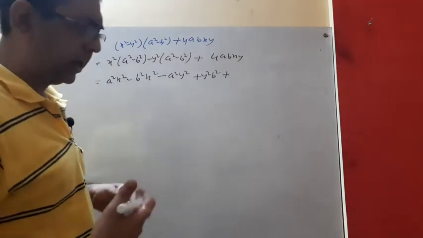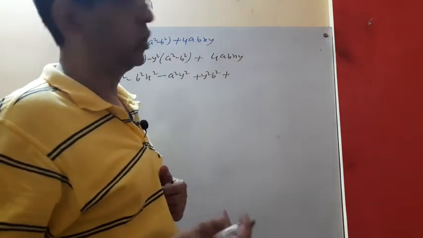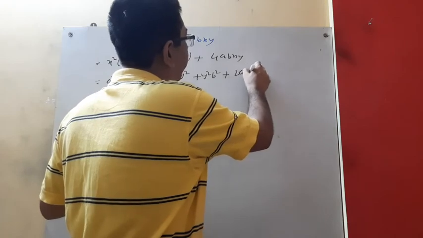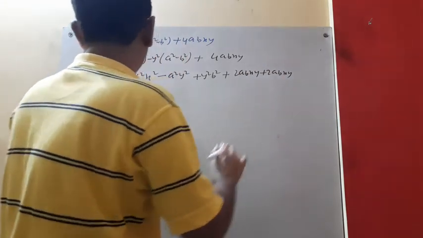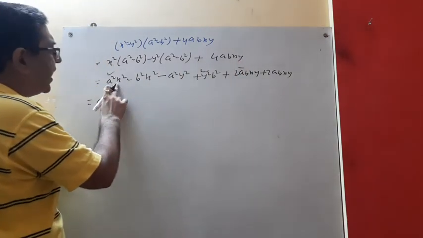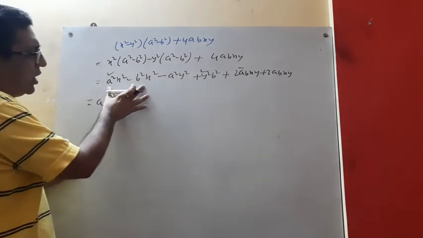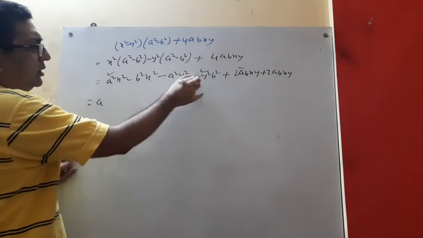Maybe it may come to some formula of square or cube. Okay, we can write 2abxy plus 2abxy. We can write 4abxy in this way. Now what will I write? This one, and this one. Why? Ax, by. No repeat. We will not take this one, because again x square is taking common. No. This one, and this one.